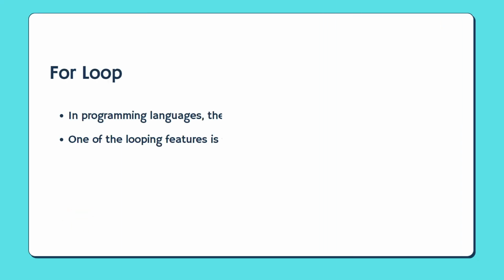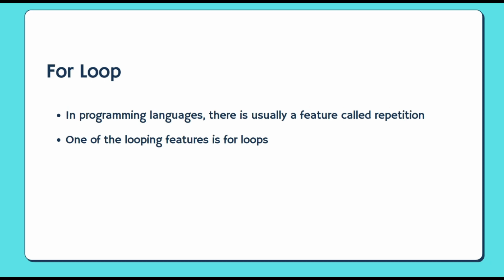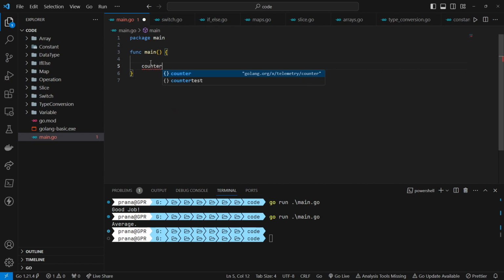For loop. In programming languages, there is usually a feature called repetition. One of the looping features is for loops. In this example, we create a simple loop in the Go programming language by initializing a counter variable with the